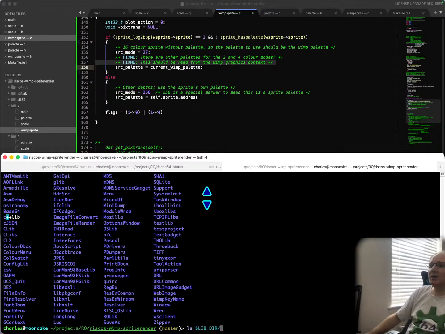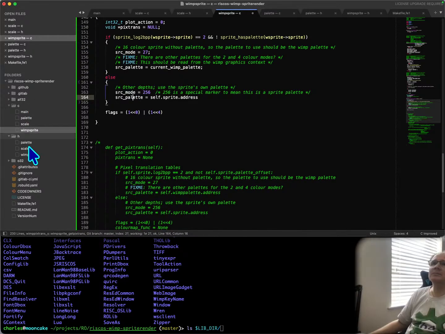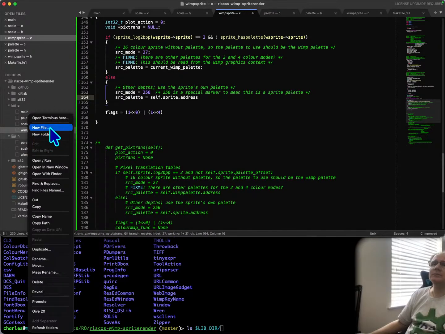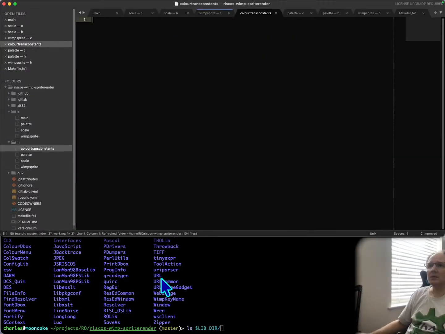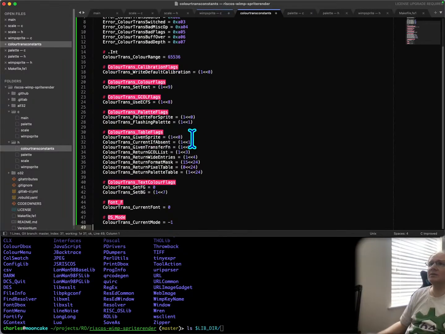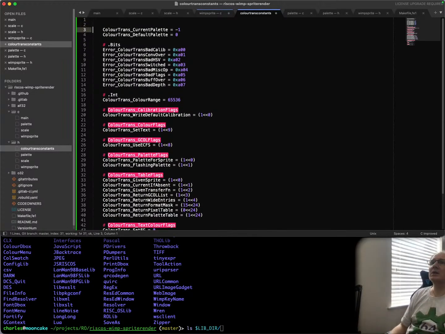No matter. In which case then, let us copy these constants here. Since I'm copying the ColourTrans constants, copy them from here. These are actually the same constant values that are used in oslib. So